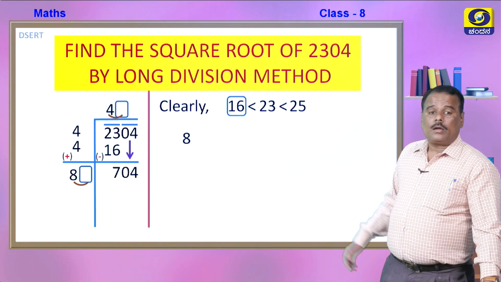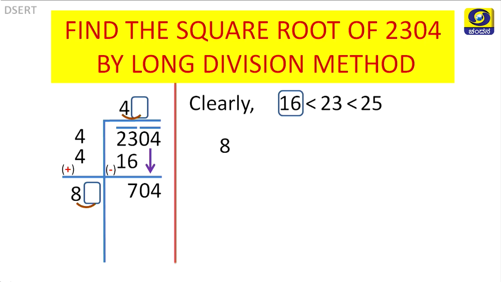So, we will take 4 into 4, that is 16, subtract 16 from 23 to get 7, and write the next group, that is 04. Now, we get 704 as the remainder. As we did in the previous class, 4 is added to 4 to get 8, and